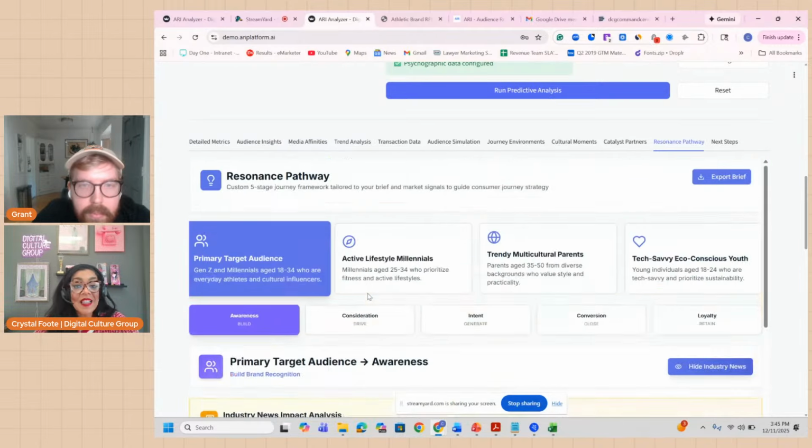But Grant, yes, it is overwhelming, but it's an end-to-end solution. So you might not use all of these features, but you will use the majority of them, because it takes a lot to really intentionally plan a campaign and to make sure that every dollar that you're putting in market is actually reaching the audience you want to reach. Because you're basically trying to get down to what are the core platforms, the core audiences, and the core message to reach those audiences on those platforms. And so you have to go through everything to get there.